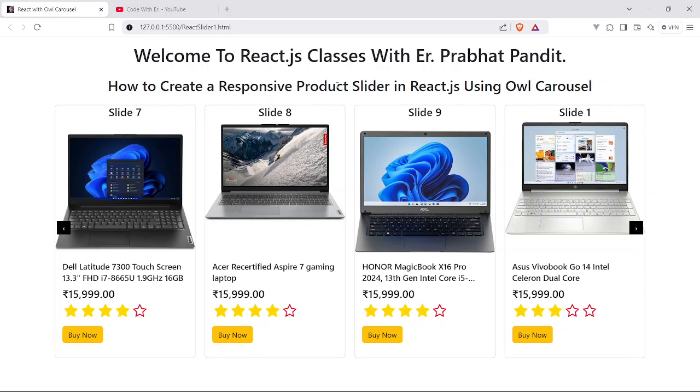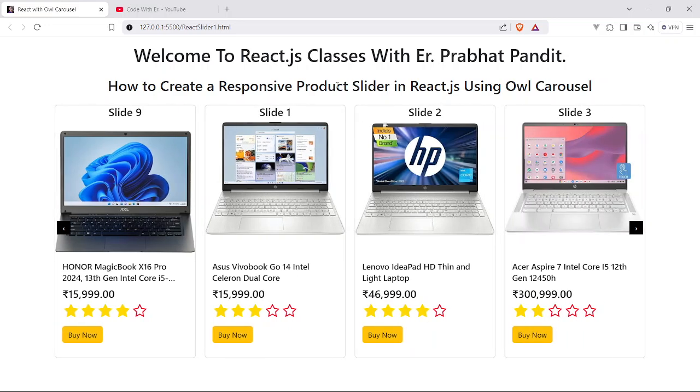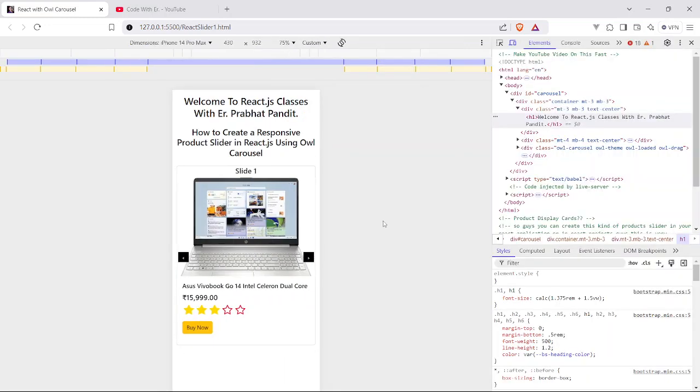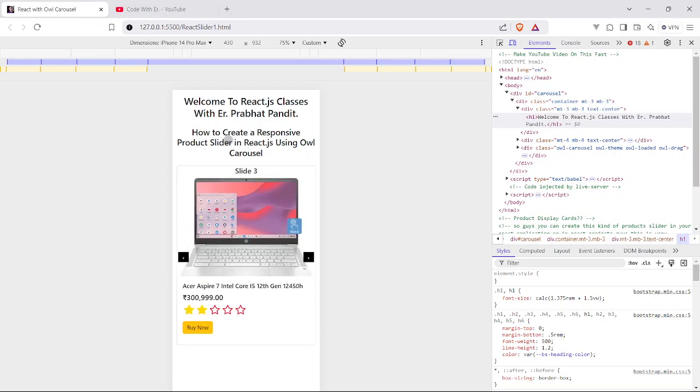Okay, so guys, this is very responsive as well. Let me just show you the responsiveness of this product slider as well. So let me just show it now. Go to the inspect. Okay, go to this view. So see guys, these are the dimensions of iPhone 14 Pro Max. And you can see in this kind of device, in this kind of screen size also, it is working fully